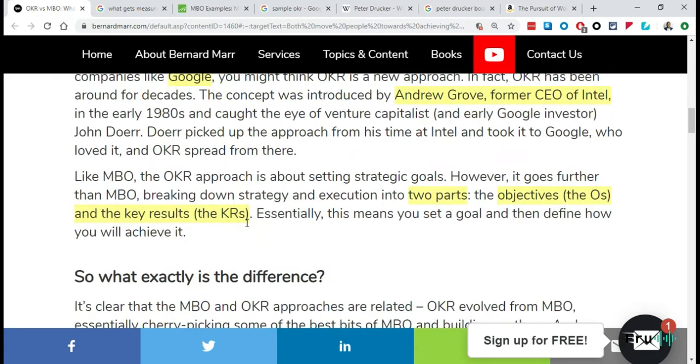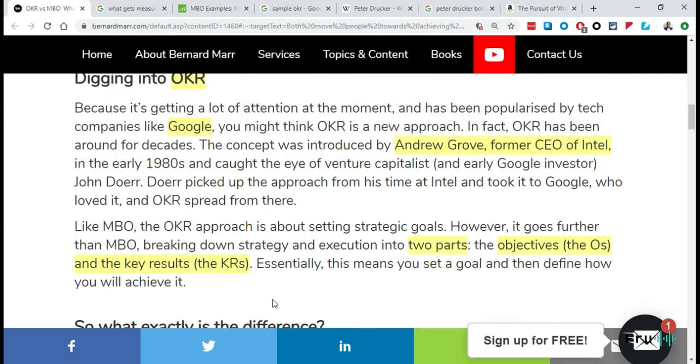So if you look at it, and these differences are going to highlight this once we start looking at the differences. Management by objective, what do you want to achieve? Tell me. You want to reduce customer churn, you want to increase revenue, you want to reduce cost. Those are the objectives. The how part of it is missing from an MBO. But once you go into an OKR, it's not just the what do you want to achieve? Sure, I want to achieve reduce customer churn, which is the objective.